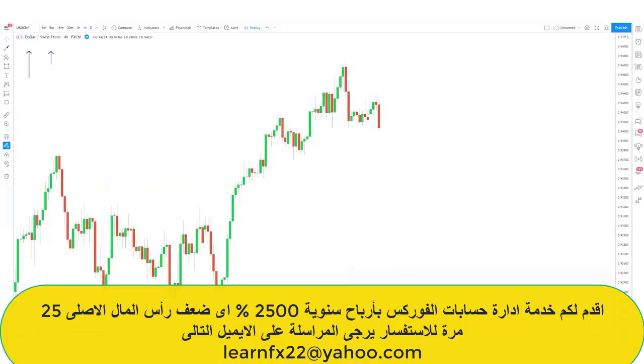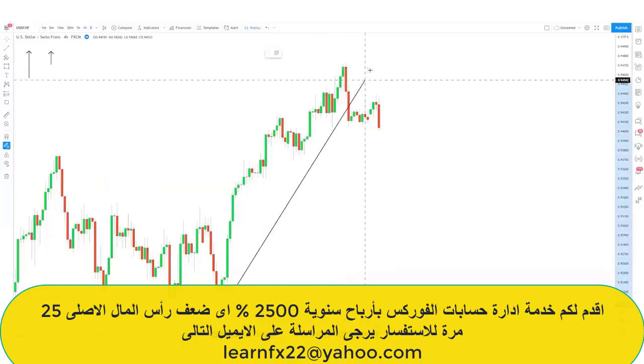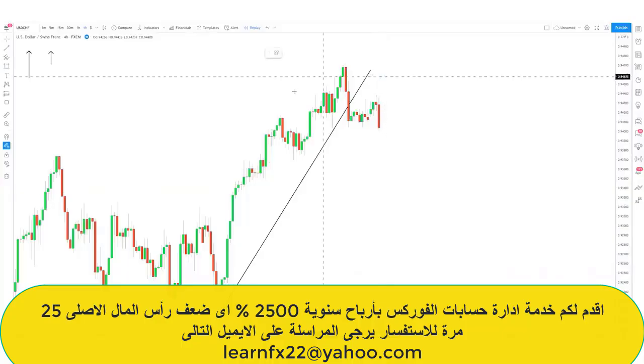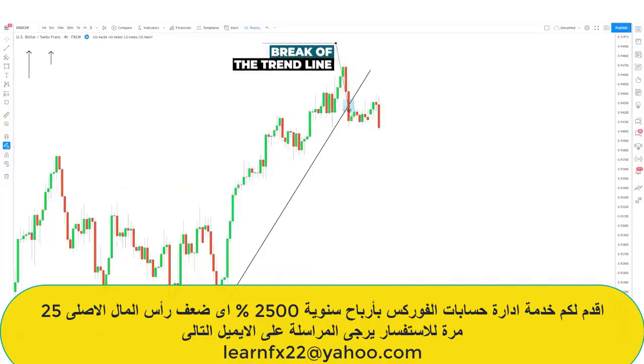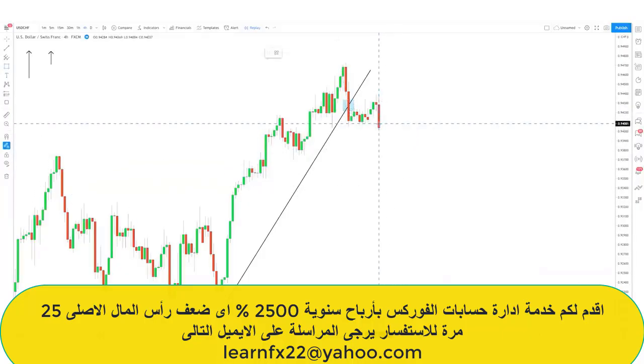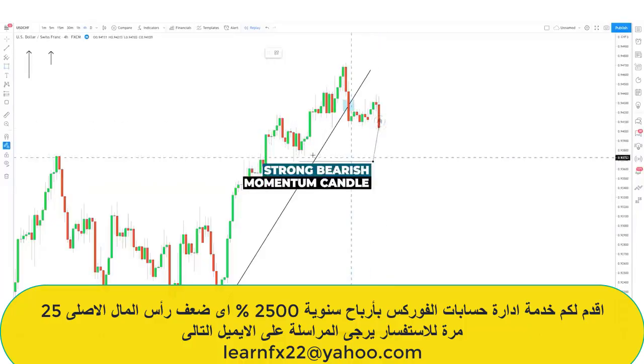Now, we can clearly see here with the structure of the market, it's been pushing bullish for a very long period of time. We can also identify here that price is now starting to move sideways. We don't have a real clear directional bias. We're now starting to break this trend line for the first time in a long time, but we're not ready to take a trade. Even though we can start to identify a strong bearish momentum candle, we need to hold tight a minute. What we want price to do is take out a key level in the market.